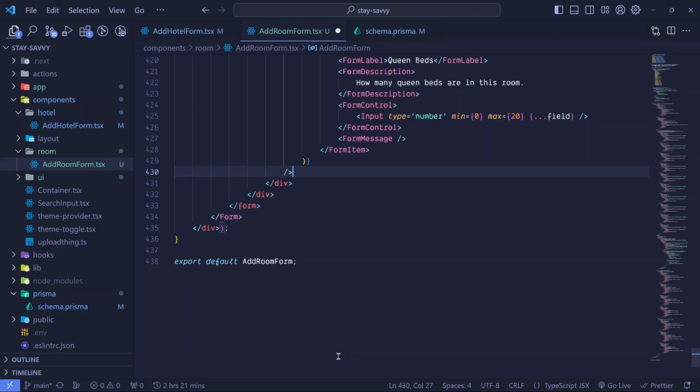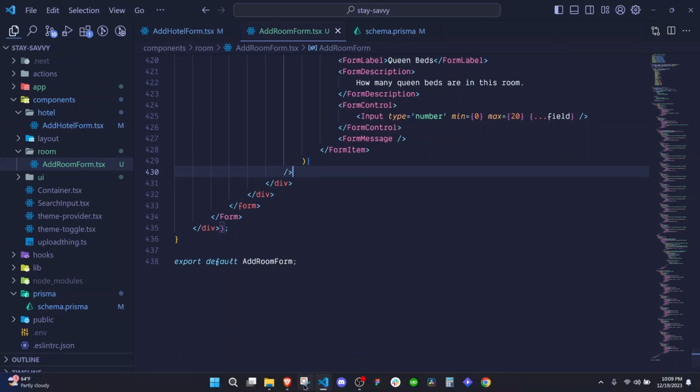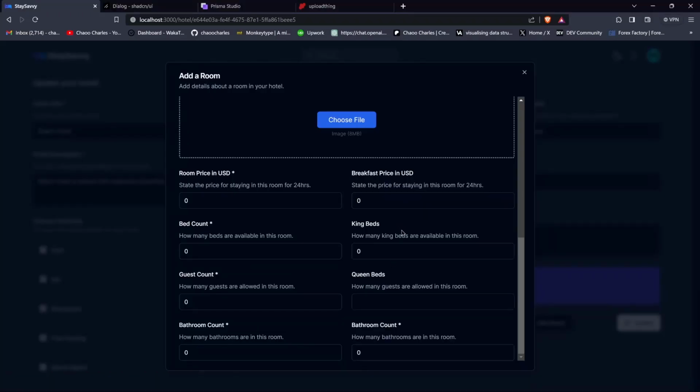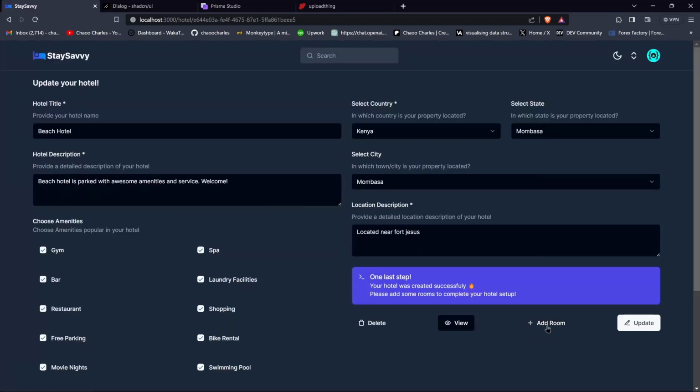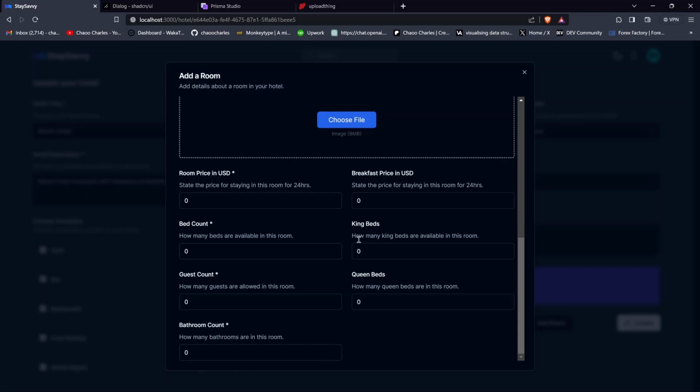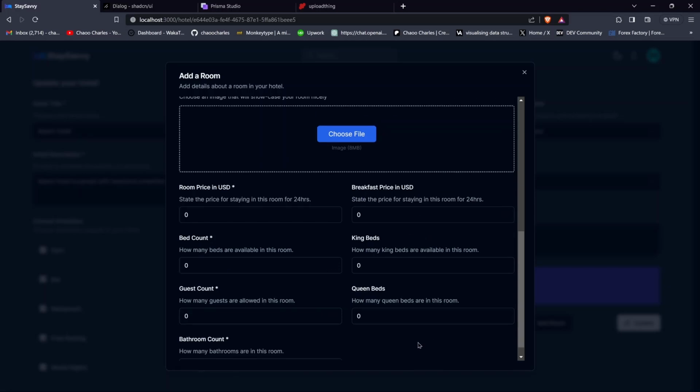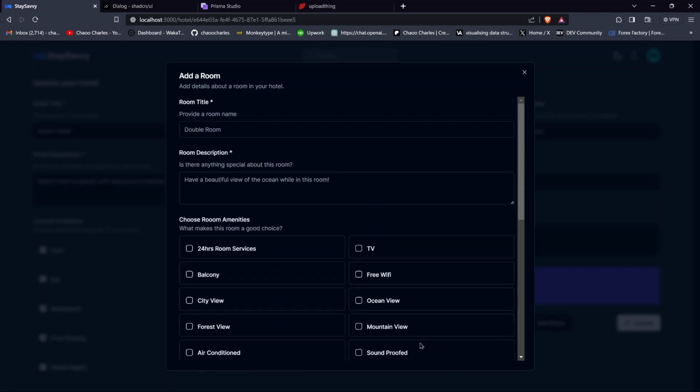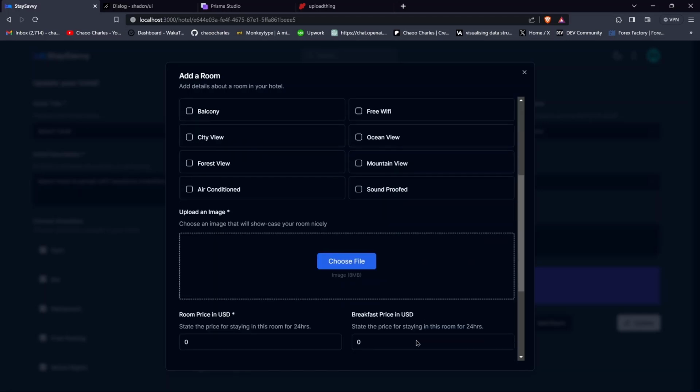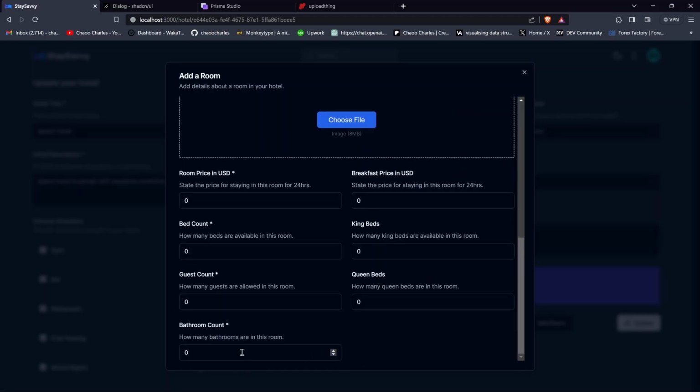Or did we leave something behind? So we can preview in our browser. Let's refresh since we restarted the server. Add room here, and this is what we have. You can verify if everything is fine. As you can see, these were mandatory, these are optional. Yeah, very nice. Now one last thing, we need to actually add a button that will submit this form and